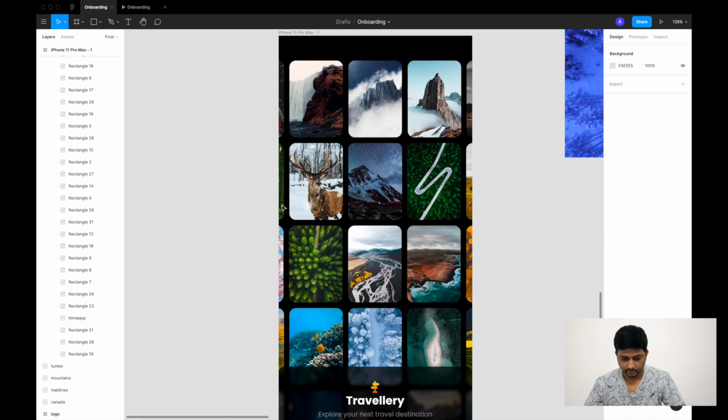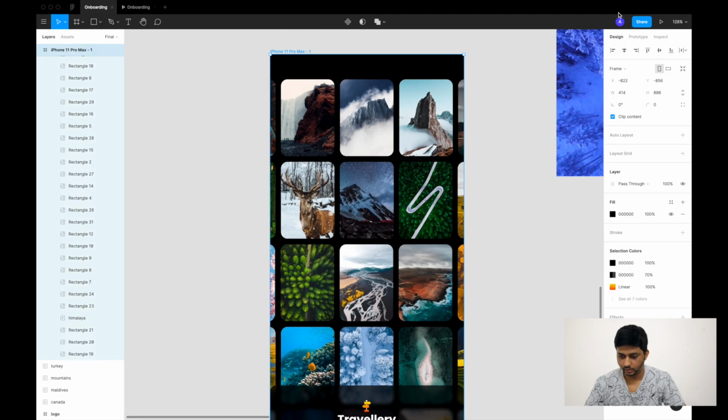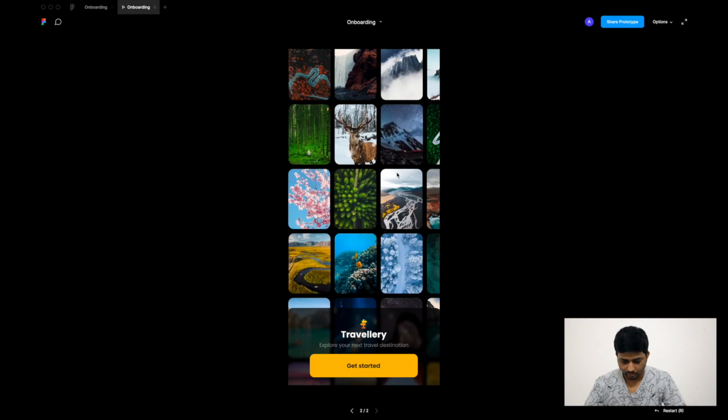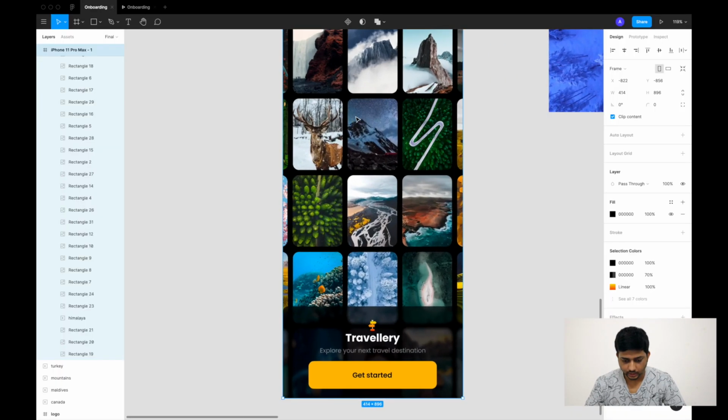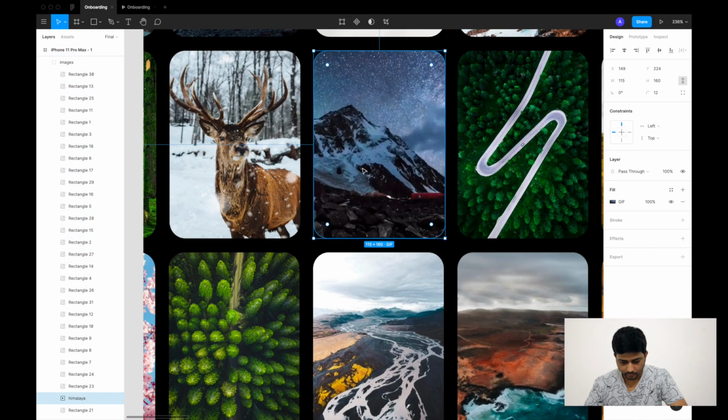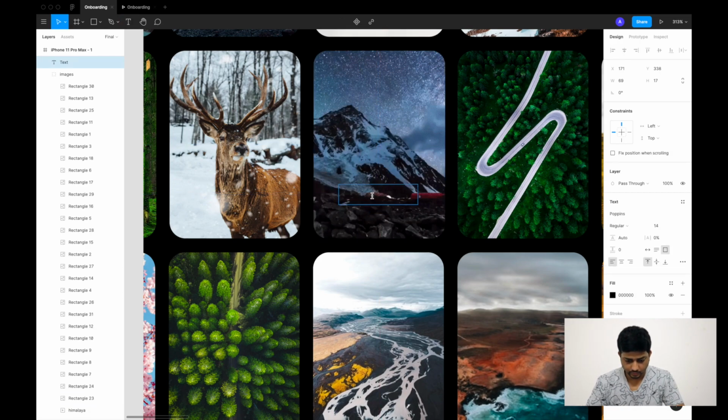If you see, it's not visible moving here right now, but if I show you how it looks in the prototyping bit, you'll be able to see that this GIF is moving. So if you see, this is moving here. Let's also quickly add a title here. This will be needed in our second stage, so I'll explain it there, but let's just quickly add a title.